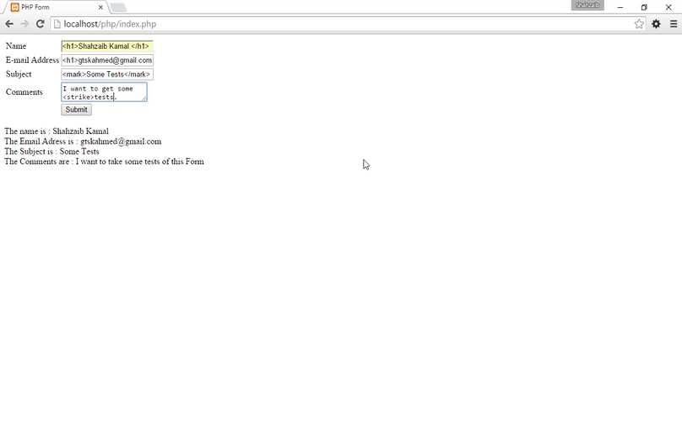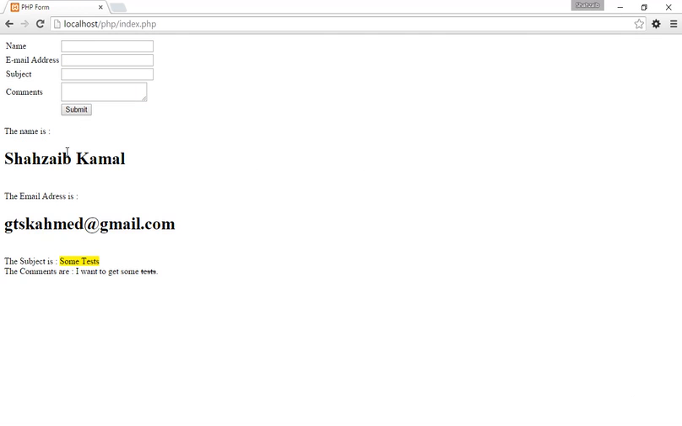Cover this strike and just click on the submit button. Now you can see that the name is all capital, which is not a good way. The email address is also capital. The subject is highlighted just because of the mark tag, and the text here has some kind of